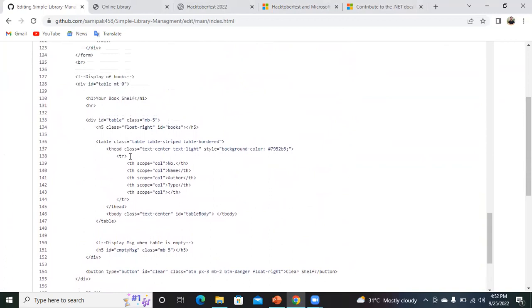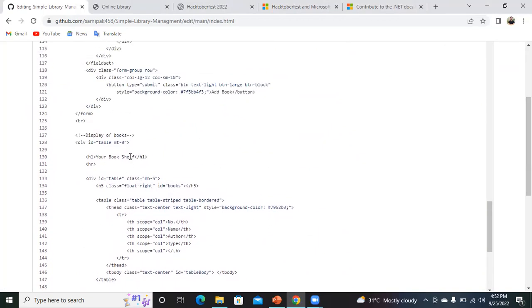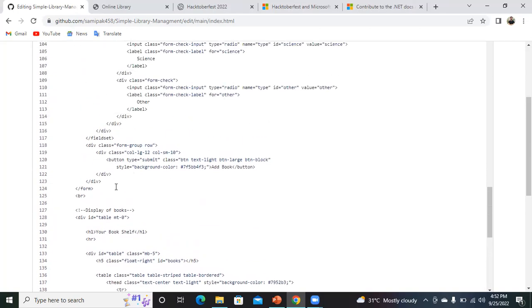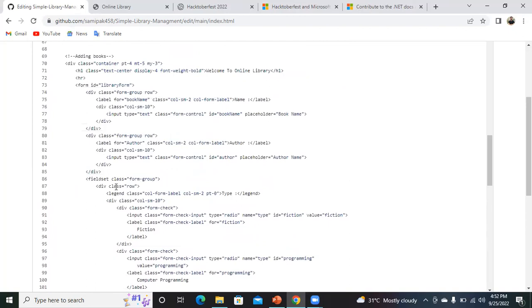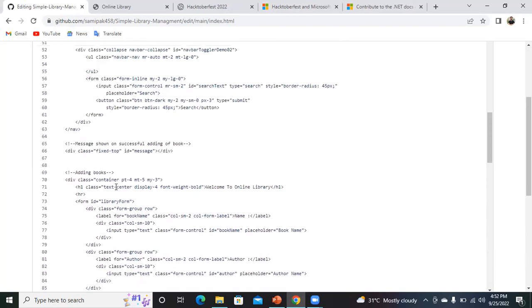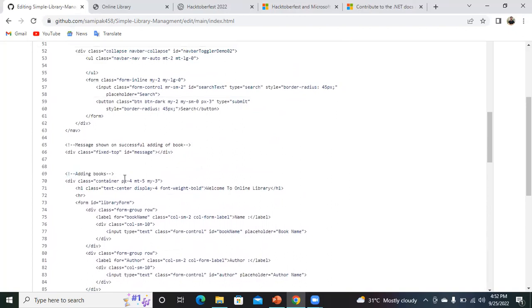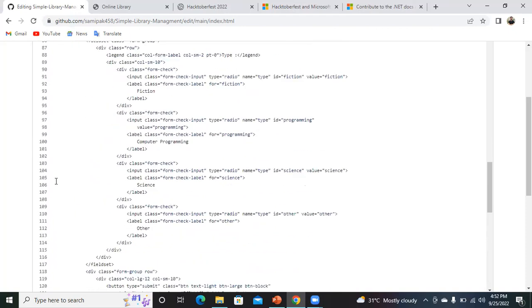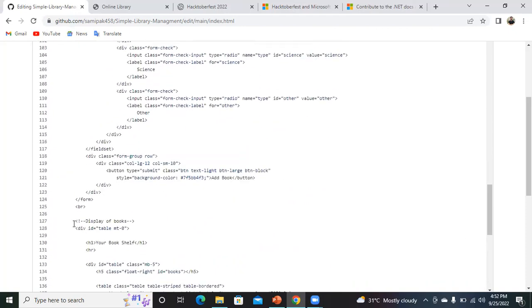Okay, so one thing you have noticed as I make the project, I want to tell you that this is one section for adding books, and this is a separate section for the display of books.